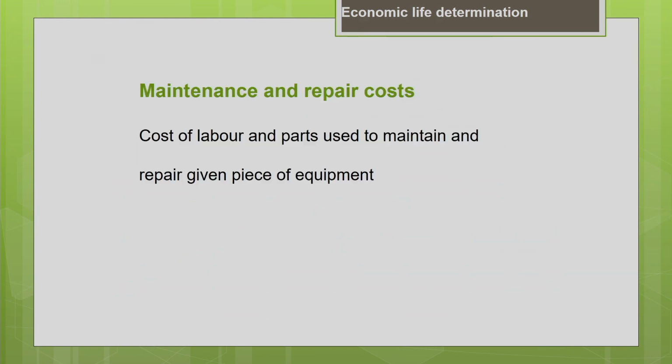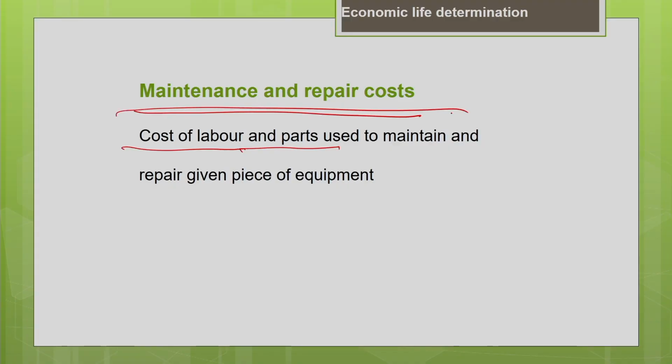Now, let us calculate the next important component of the equipment cost. It is nothing but your maintenance and the repair cost. Okay. So, as you know, all the costs associated with the repair and the maintenance, like the cost of the labor you engage for the repair work, and the replacement parts, the cost associated with the replacement parts, everything will come under the maintenance and repair. Okay. So, basically for a very big project site, you may have your own maintenance yard. You have a maintenance facility and you might have engaged labor for doing the regular maintenance or the periodic maintenance for your machine. So, the cost associated with those things will be included under the maintenance and the repair cost.